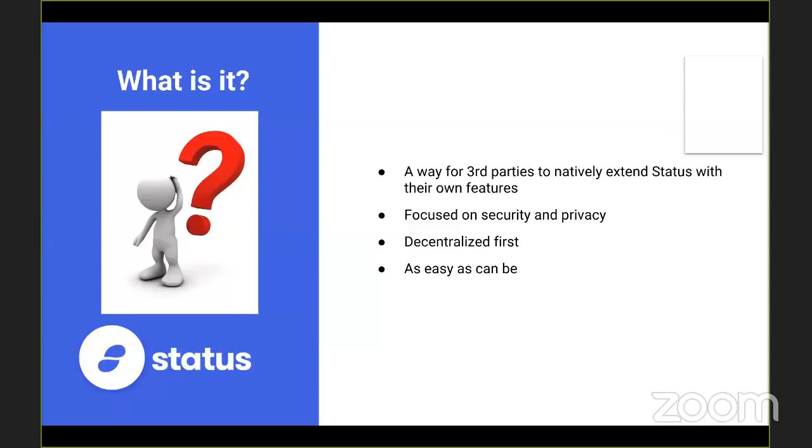So we want to move away from this and push all the decentralization features available thanks to Status. And the final point is extensions should be really easy to build. We want potentially anyone to be able to build and understand what is an extension and what it will do once you install it.